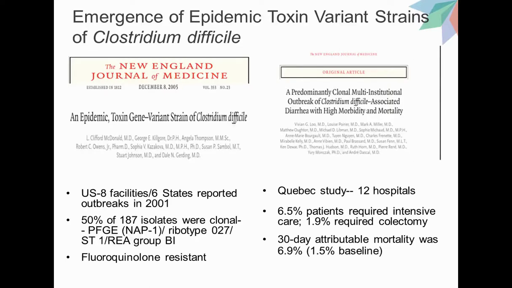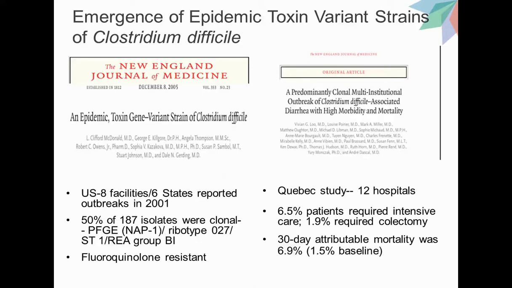Compared to the historical NAP1 strains, these new strains were fluoroquinolone resistant. They also seemed to be hyperproducers of toxin. In addition to that, also hypersporulators, and so they were more easily disseminated throughout the hospital environment and also caused more severe disease. The increased severity of disease caused by these strains was very much apparent in the Quebec study